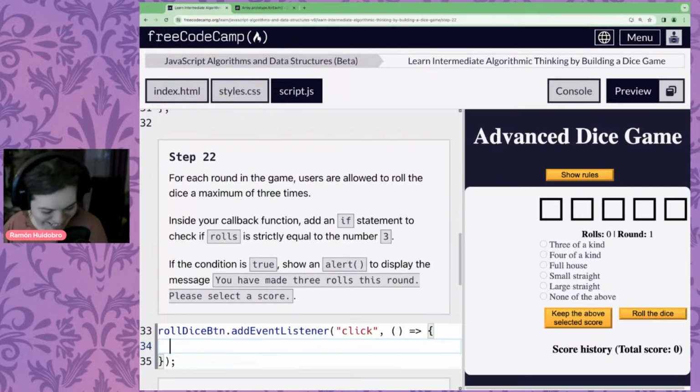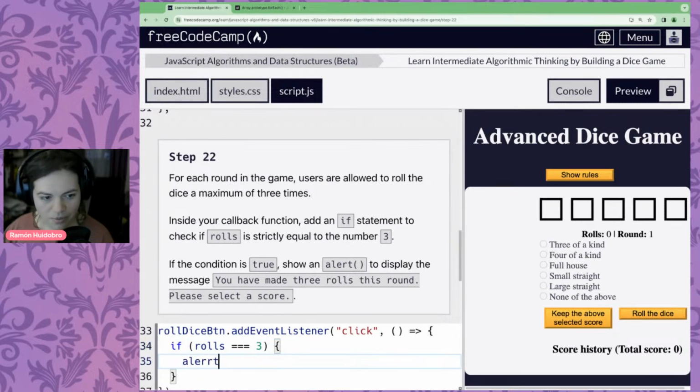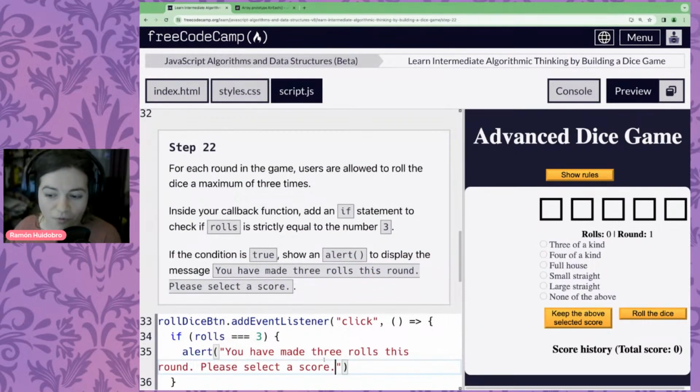So if the number of rolls we've done is equal to 3, then we're going to get an alert displayed that says this string here. Look, I'm struggling to type today. I'm feeling very comfortable with copy pasting. So we'll show an alert that says, hey, you've already made all 3 of those rolls. So you can put that there.